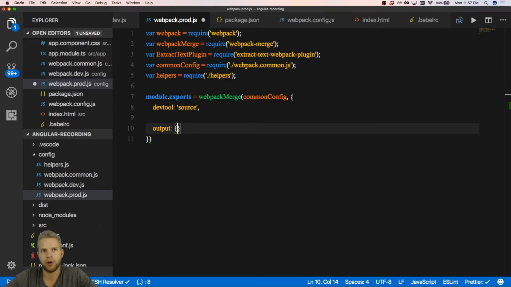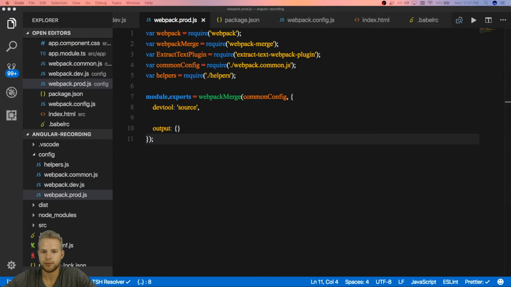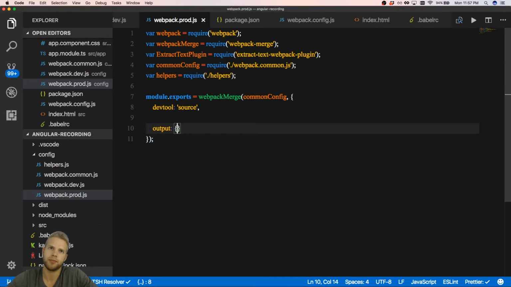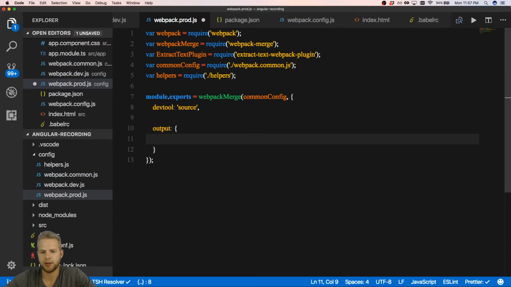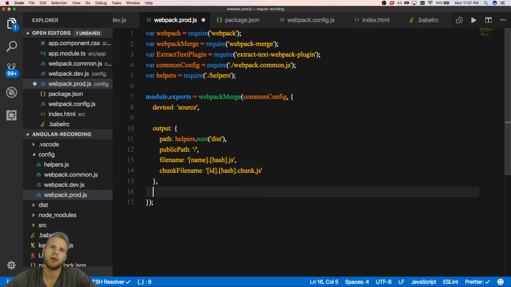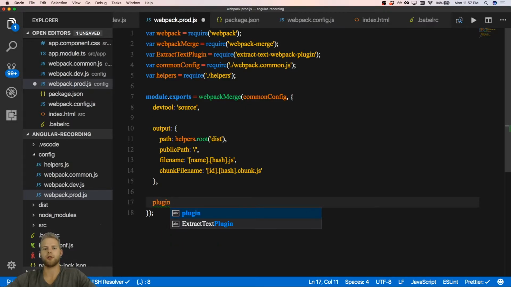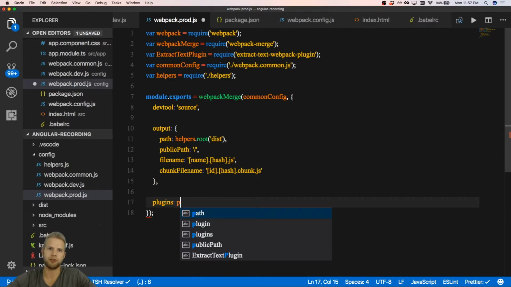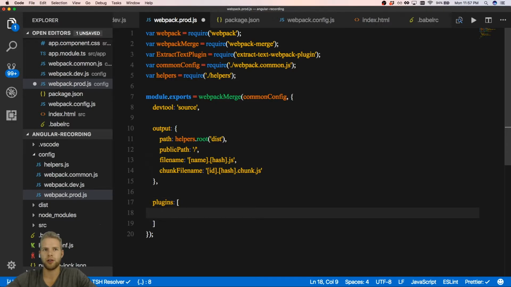And for output, we're going to be changing a lot about the outputs. We're going to still be, actually we're not changing anything about the output. Sorry to mislead you folks. We're just going to use the same output configuration that we use for dev, and then plugins will be a little bit different. So plugins that will be specific to a production environment,